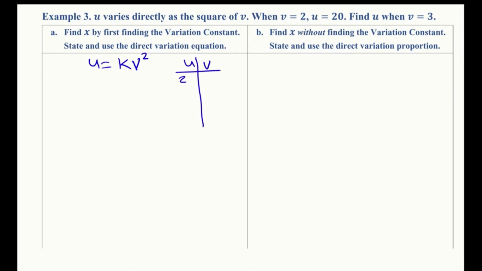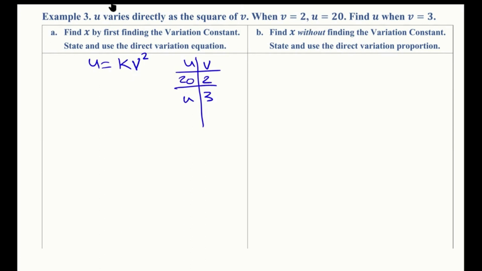So there's one line of the table. We want to find u when v equals 3. So here we're just going to leave that as u, and we know that v equals 3. So the first thing we'll do is we'll use this line from the table where both values are given